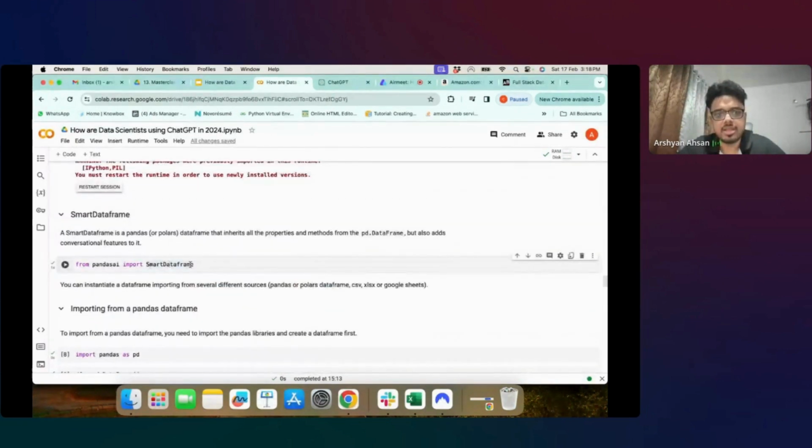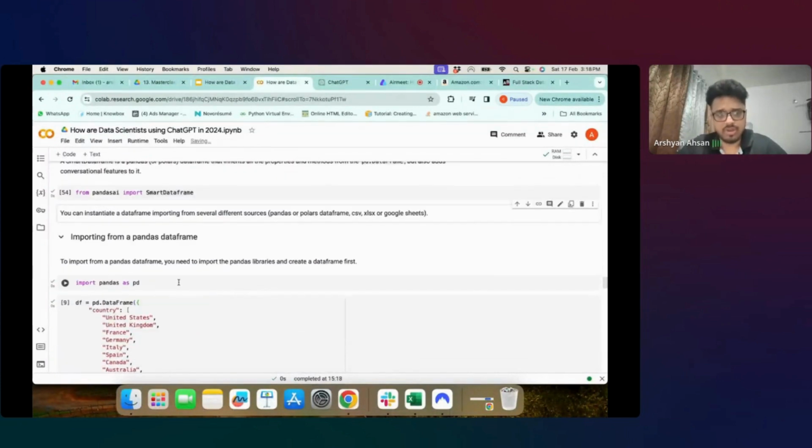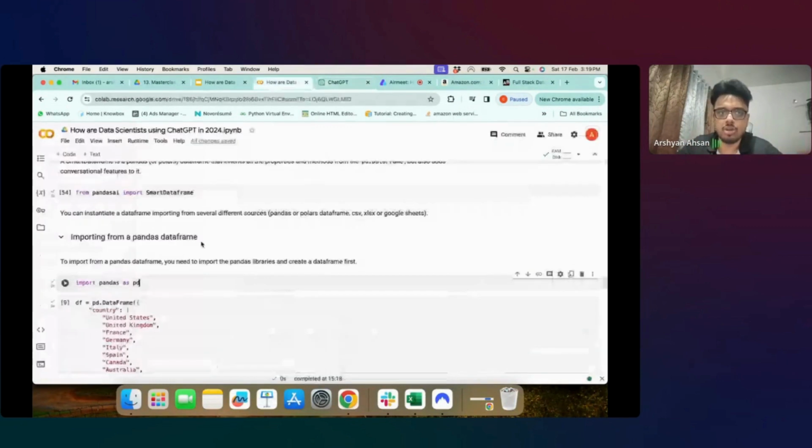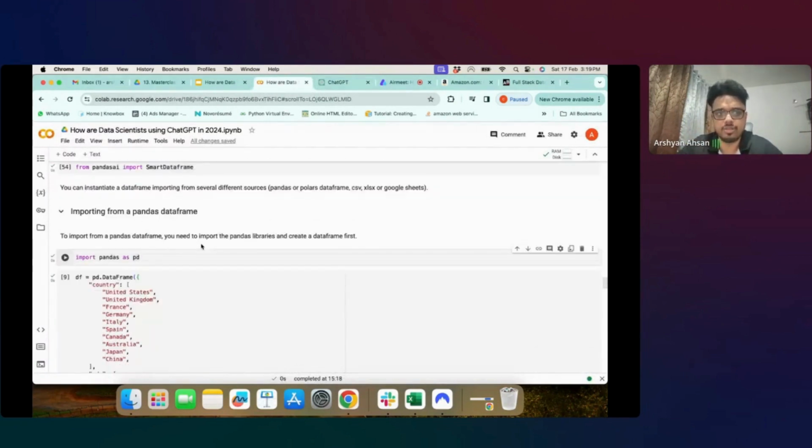And within Pandas AI there is a function called Smart Data Frame. So fundamentally, what we were doing until now is typing the information about our dataset manually into ChatGPT, and then we were getting a response for it, and then we were copying that code back to our Python notebook, executing that code, checking for the consistency, logic, everything, and doing it ourselves. Pandas AI takes it a step ahead and does this entire thing for you.